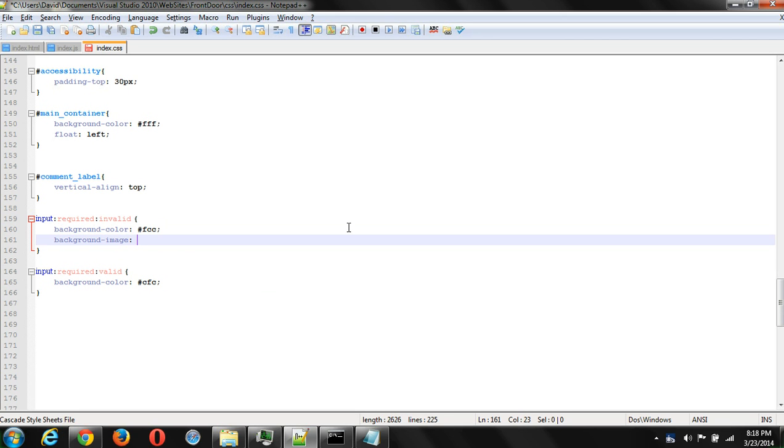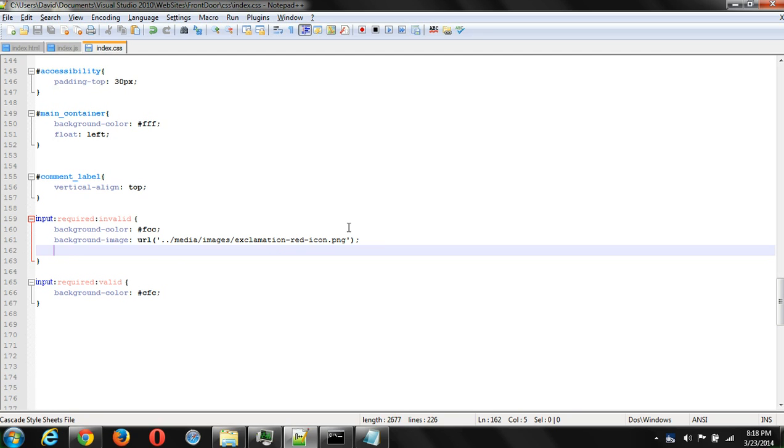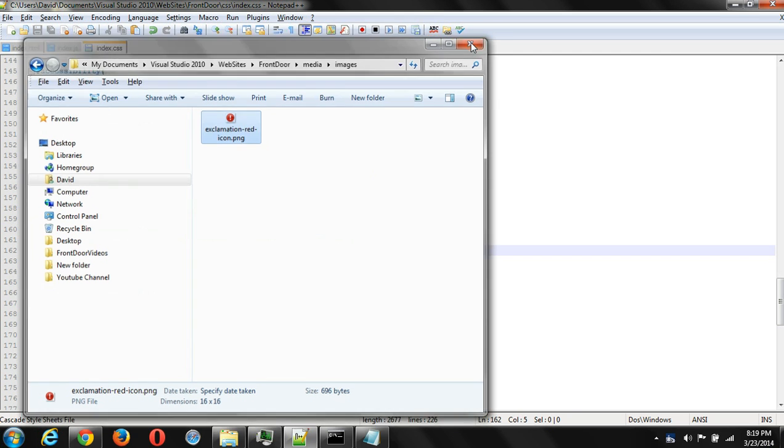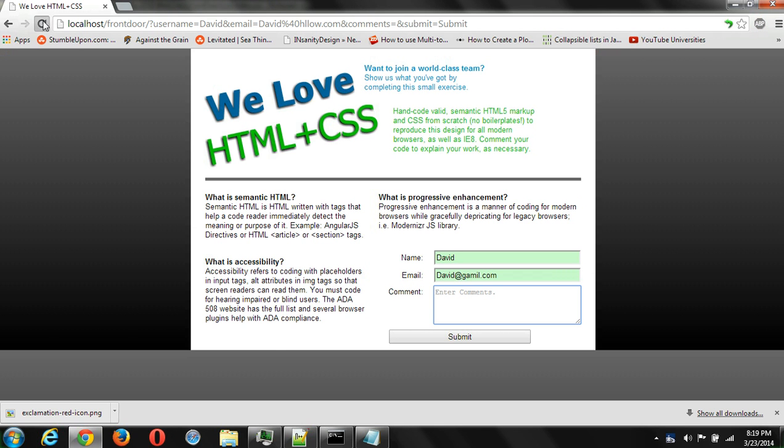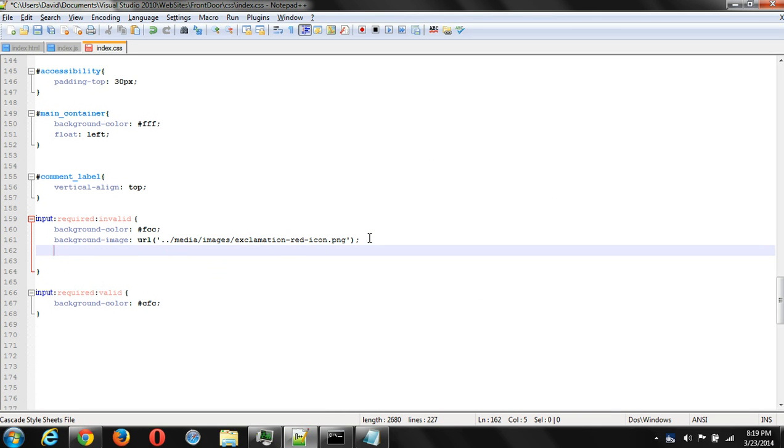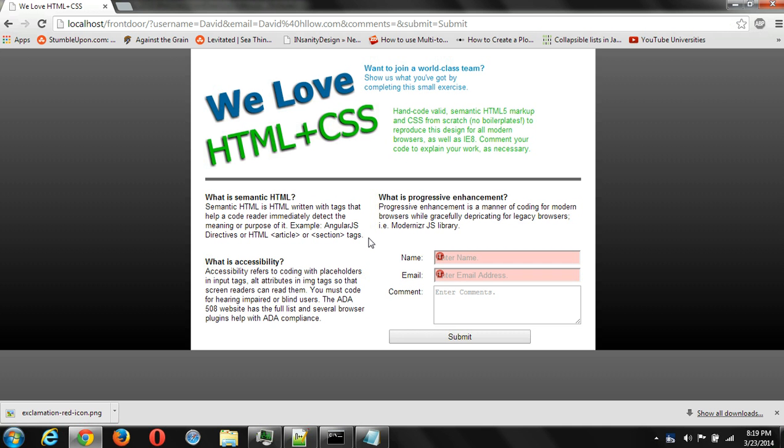Okay, so what we're going to do is we're going to change the background image to, what was it? We need a URL, and that URL is going to be /media/images/name of it.png, and let's save and take a look at it. Wrong place, goodbye. Let's save it and take a look at it. So we have too many of them. That happens because we need to set no repeat. So we'll set the background dash repeat colon no dash repeat semicolon, which looks fine, except